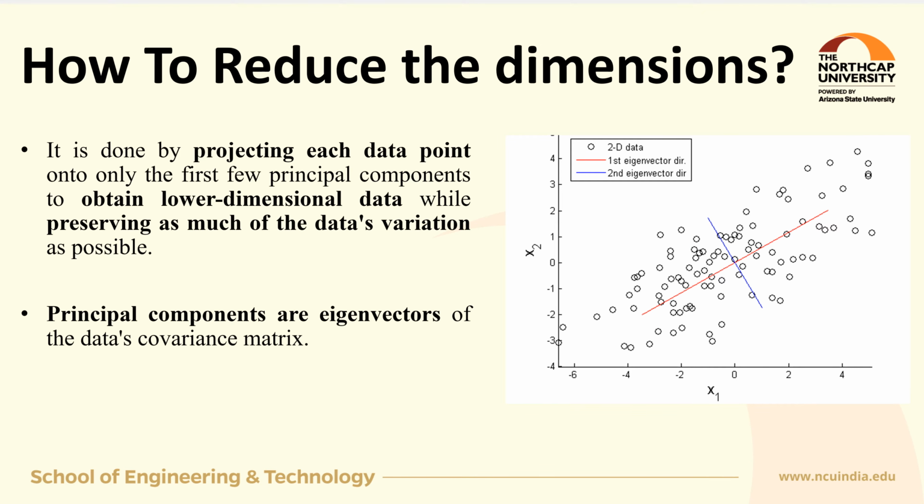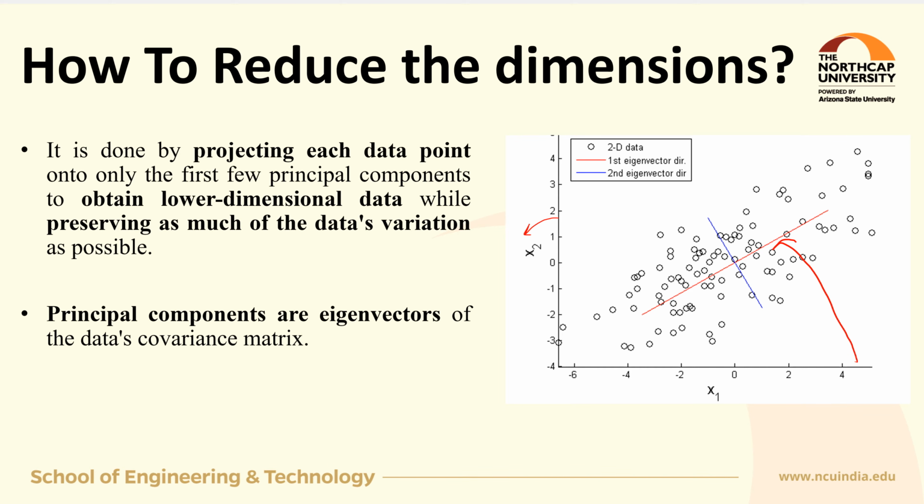Now to reduce the dimensions from n to m, we need to apply some transformation to the given data set, which will change the axis, or we can say the coordinate system, by moving and rotating these axes. For example, let's say we have given two-dimensional data between x1 and x2, and these black circles are the given data samples. If I am going to move this axis by this angle, and similarly by the same amount of angle this x2 is rotated, then I am getting this red line and blue line respectively.